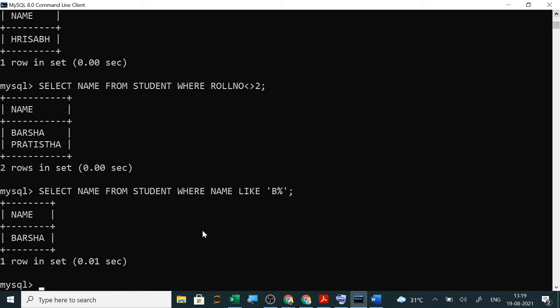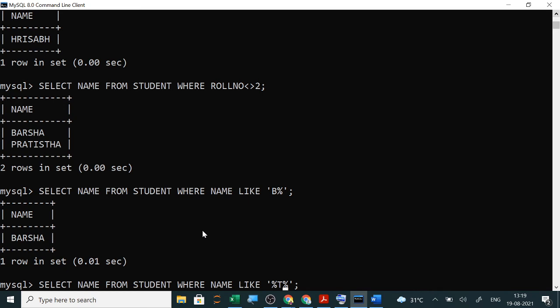But if it says name containing T, then any name which contains T, that means you have to write percent T percent.